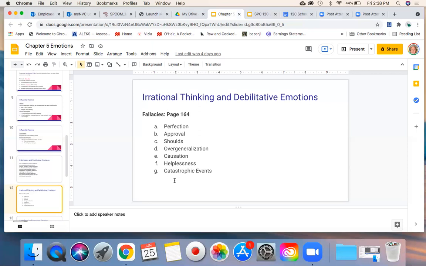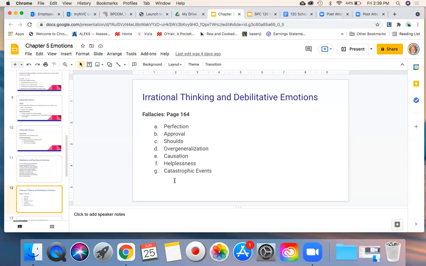All right, so the next one is helplessness. It suggests that satisfaction in life is determined by forces beyond your control. It's kind of the victim aspect, right? Statements like, there's no way a woman can get ahead in this society. It's a man's world, and the best thing I can do is accept it. So yeah, just that idea that you're helpless over situations, right? I'm sure we can find some part of ourselves in all of these. The last one is the fallacy of catastrophic events, right?